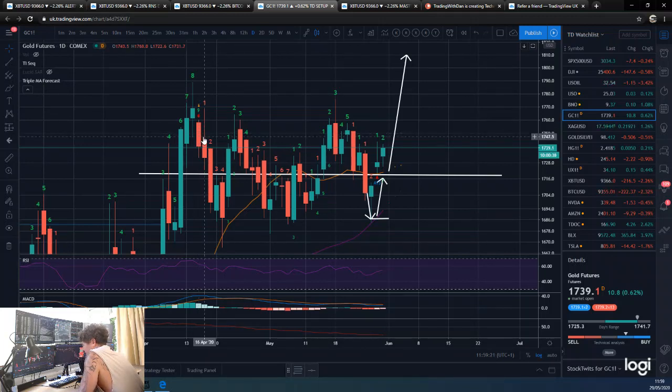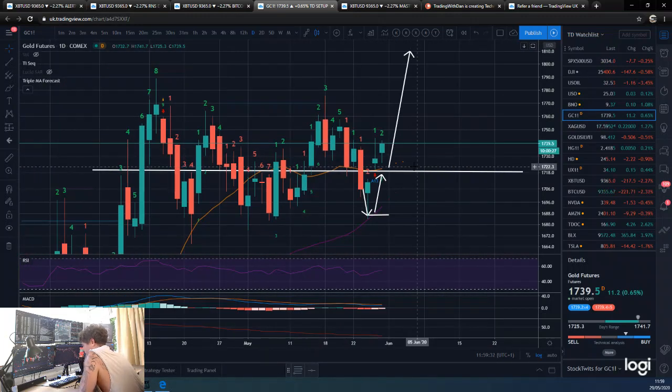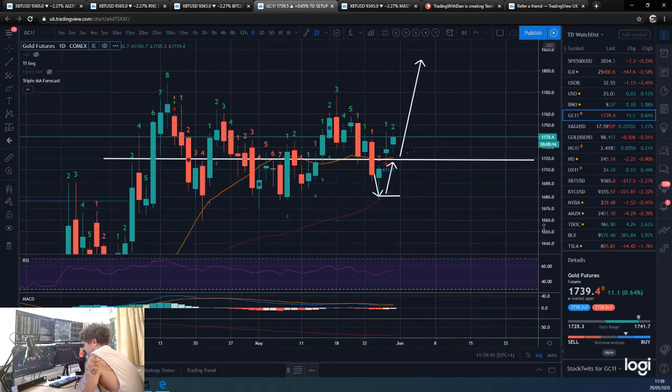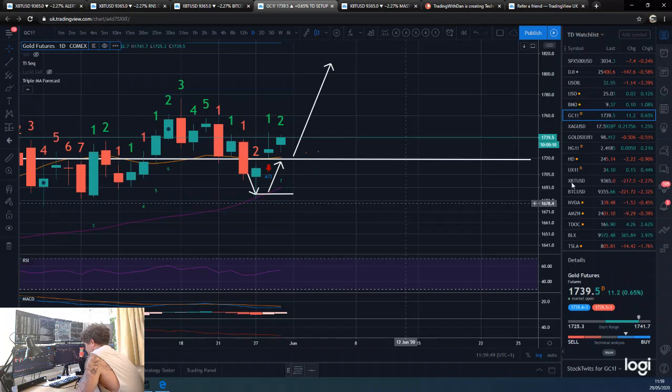So if you had taken the trade at the break of the low of that candle, you went from basically 1750 to 1767, so about $12, $13 offside. But if you're looking for a daily move, that's not so bad, because then you go all the way down to 1665, which is quite clearly a lot more than $12, $13 on side. So that's the thing, when you're trading these higher time frames, you have wider stops and you're going for bigger moves. And let's just look how beautiful this looks on the daily.